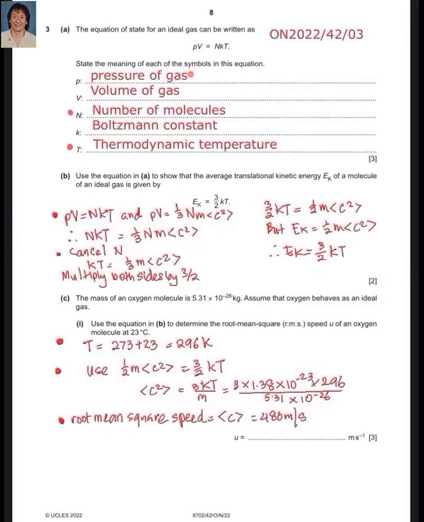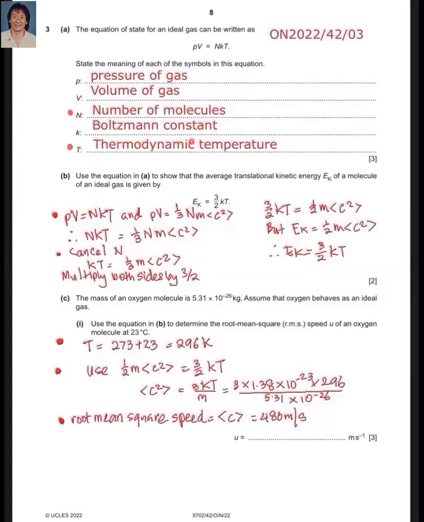The pressure, volume, and Boltzmann constant carry 1 mark. The number of molecules is 1 mark. And the thermodynamic temperature is 1 mark. You must say that P represents the pressure of the gas, V represents the volume of the gas, k represents the Boltzmann constant, N represents the number of molecules, and T